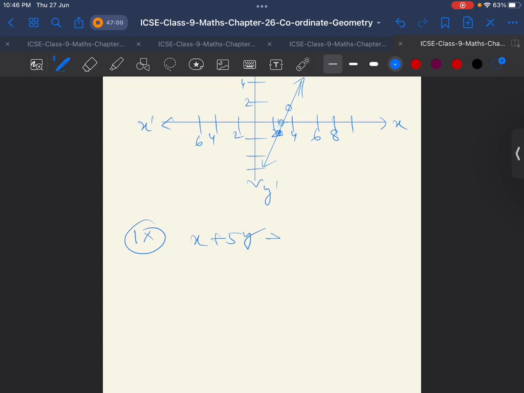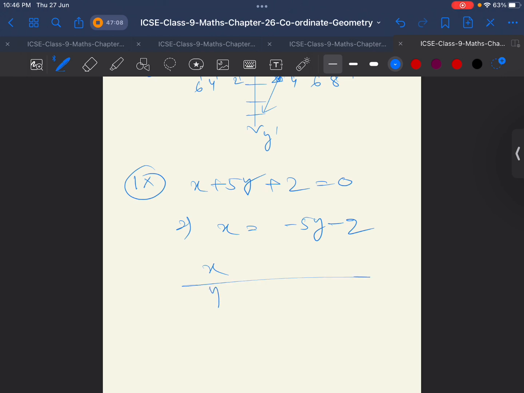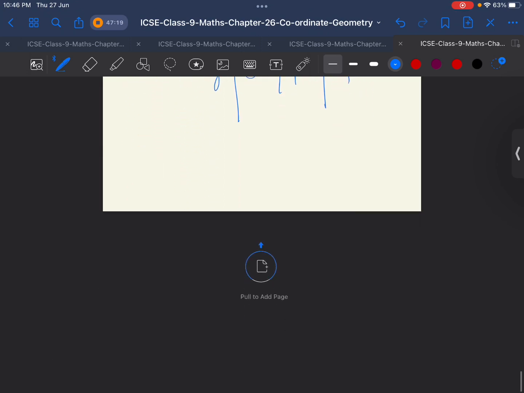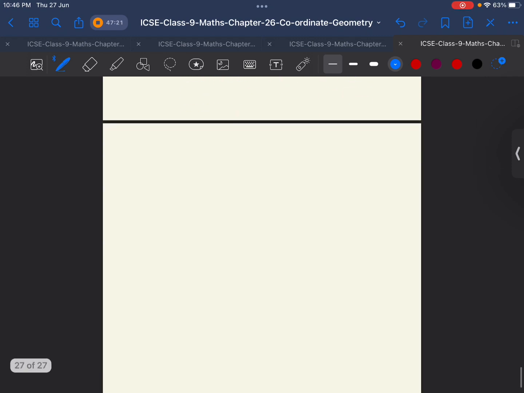x + 5y + 2 = 0, which implies x = -5y - 2. So now the table is: y = 0, x = -2; y = 1, x = -7; y = -1, x = 3. So now the graph is